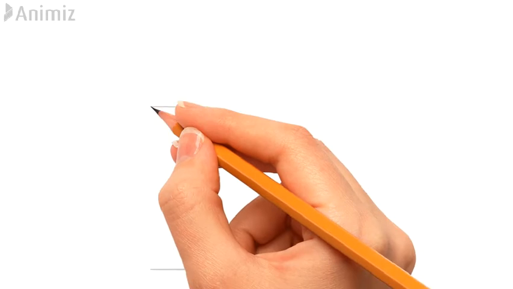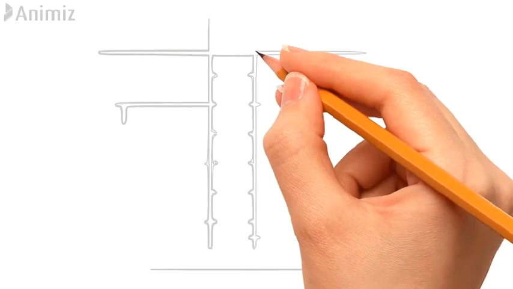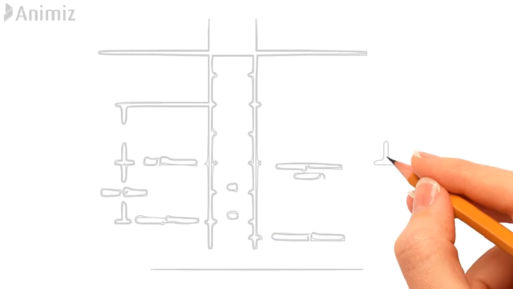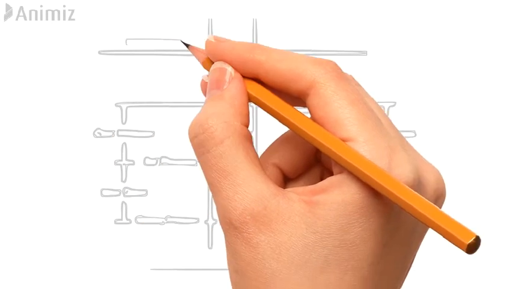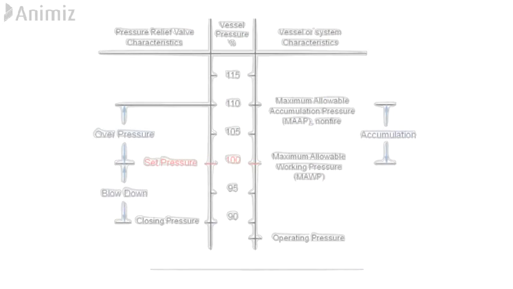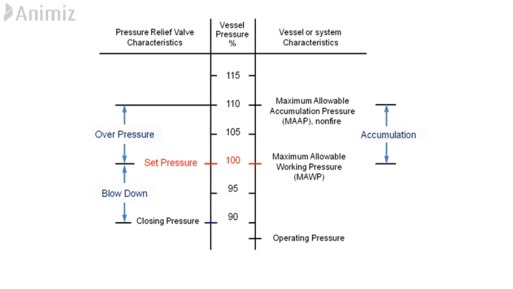Set pressure. Set pressure of a relieving device on a pressure vessel is the pressure at which the relieving device just starts to open. Pressure accumulation. Maximum allowable accumulated pressure is specified for a vessel protected by a pressure relief device. It is the maximum allowable pressure during discharge from the relieving device. This pressure is commonly expressed as a percentage of maximum allowable working pressure. This percentage is determined by the governing case for opening of the relief valve protecting the vessel. For instance, a vessel protected for fire case has a maximum allowable accumulated pressure which is 121% of MAWP.